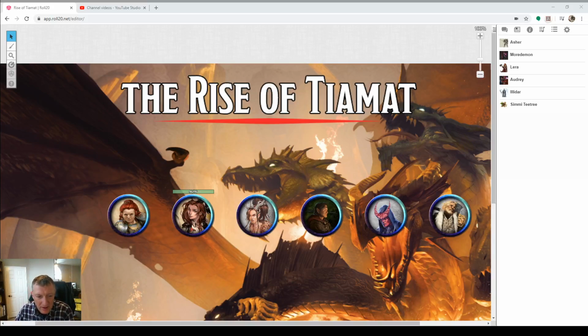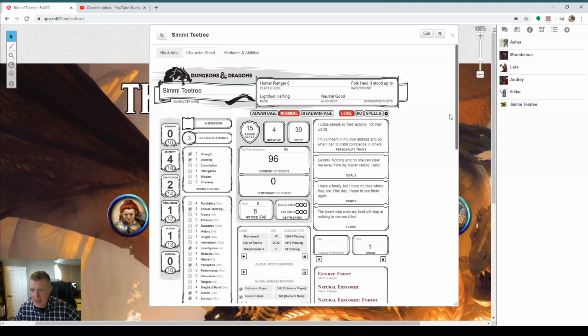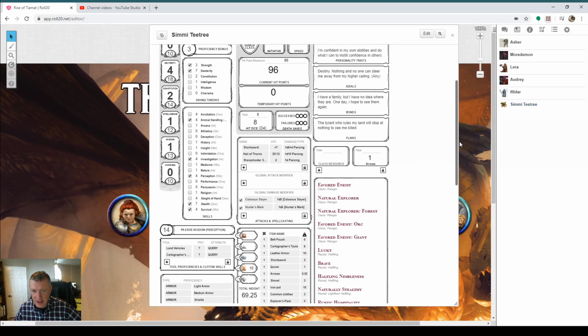This is a quick one on how to further modify your character, adding some equipment, changing some statistics, and making sure that you've got all the tools you need to further modify your character. Okay, so we're going to go back to the game, the Rise of Tiamat. I'm going to open up Simi. And a couple of things you'll notice, I haven't updated